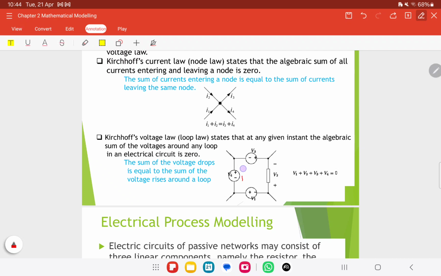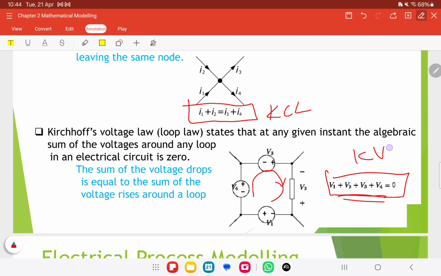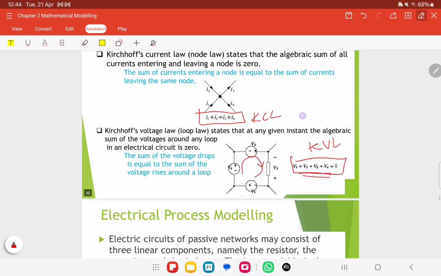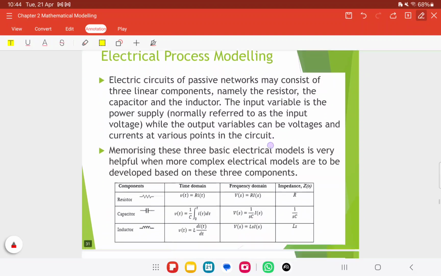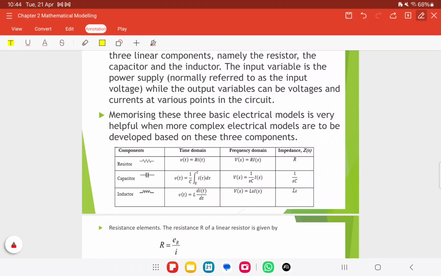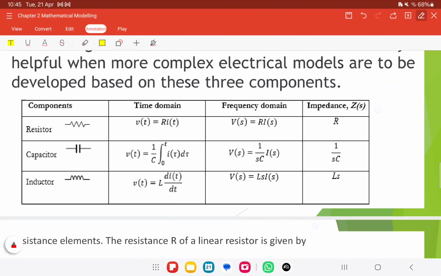Okay, so we must have one closed loop, then we can get the voltage equal to 0. This one is the equation for current, KCL. This is for voltage, KVL. And for this control system, all these current and voltage equations we can have in terms of transfer function. Okay,